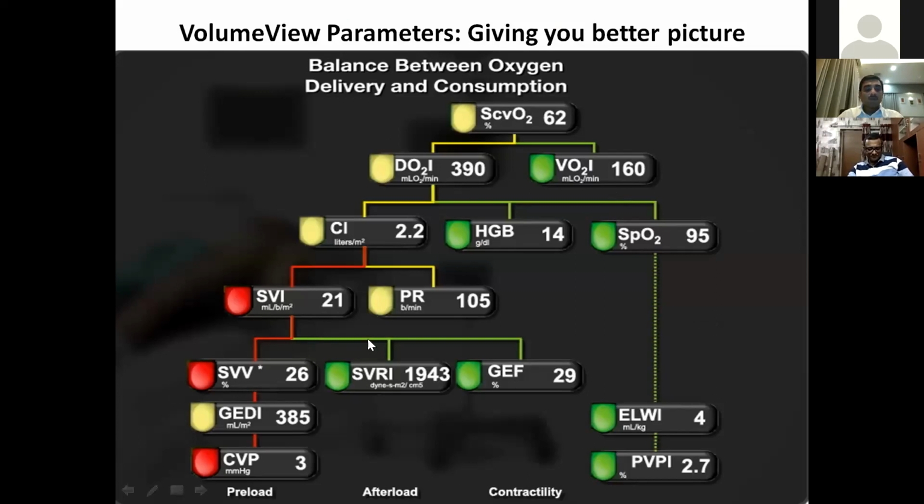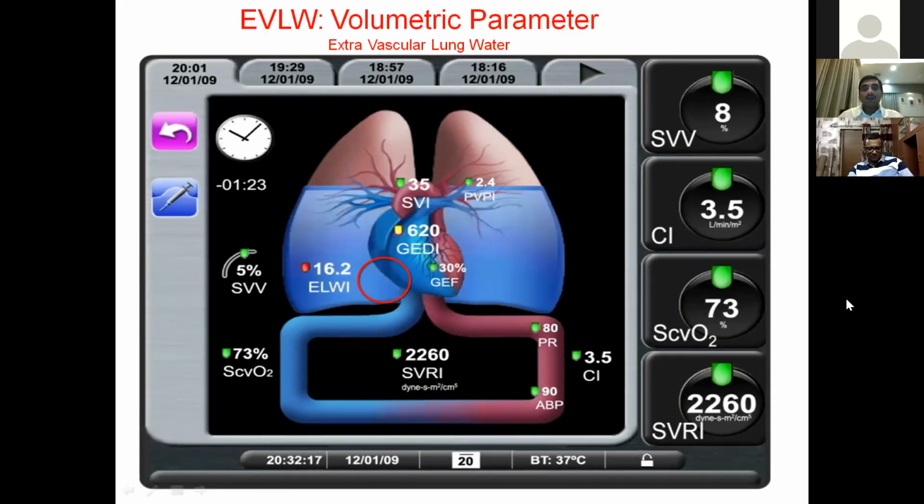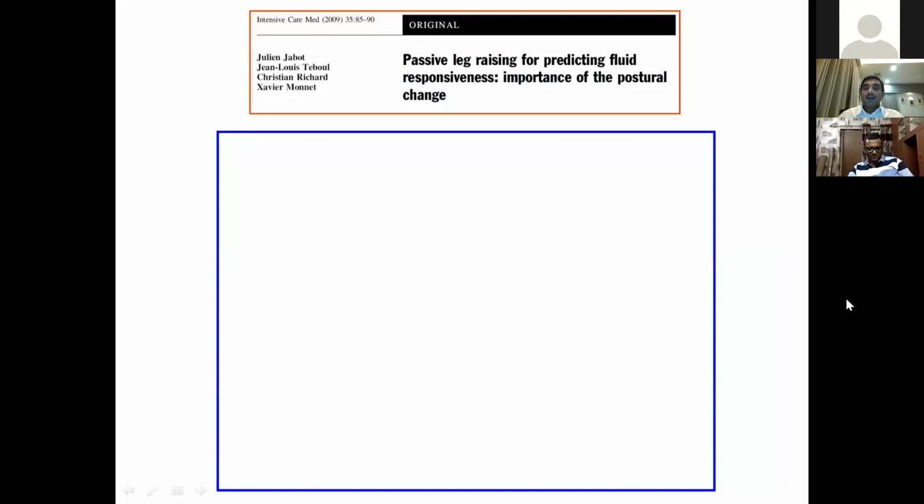So we get stroke volume variation, systemic vascular resistance index, global ejection fraction, and extravascular lung water, over and above cardiac index and stroke volume variation. At the same time, if we keep on giving fluid, it literally depicts, right from the nurse's point of view also, that the higher the extravascular lung water, this kind of figure comes up on the screen, which suggests that we stop fluid and the patient might require some form of diuretic.